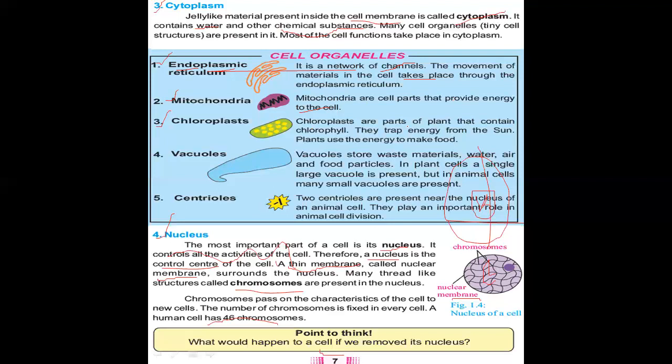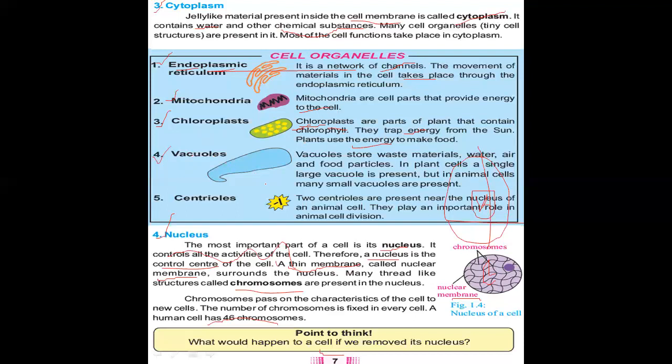Chloroplast. Chloroplasts are the parts of plants that contain chlorophyll. Chloroplast is the combination of two Greek words. Chloros means green, and plastos means form. So they are the structures which have a green pigment in them. Pigment means green chemicals which give the green color to the plants. That name is chlorophyll. That must be remembered by you. The chlorophyll keeps the plants green, and that chlorophyll traps the energy from the sun, and plants use that energy to make food. That process is called photosynthesis. We will study it in the next chapters, inshallah.